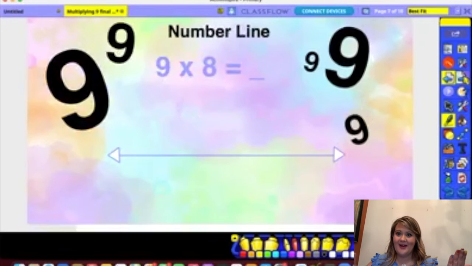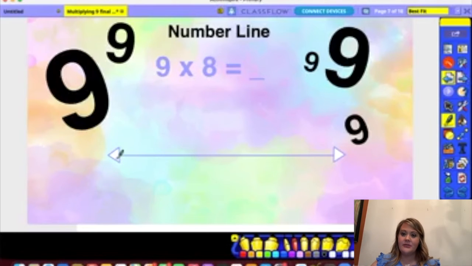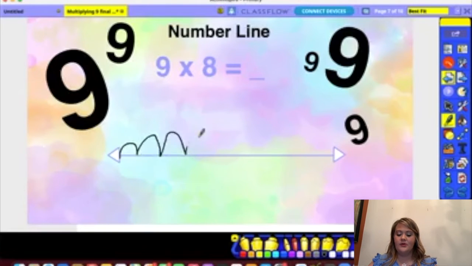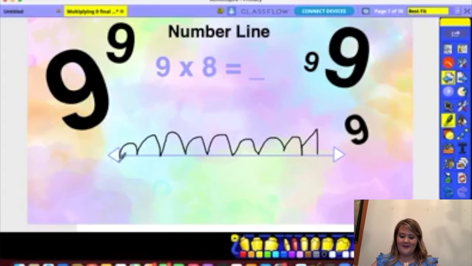So the next way that we can solve a problem if we get stumped is by using a number line. So I have 9 groups of 8. And so I'm actually going to draw out 9 bumps on my number line, and we're going to count by 8s. We have 1, 2, 3, 4, 5, 6, 7, 8, 9. And now we're going to count by 8. We have 0, 8,